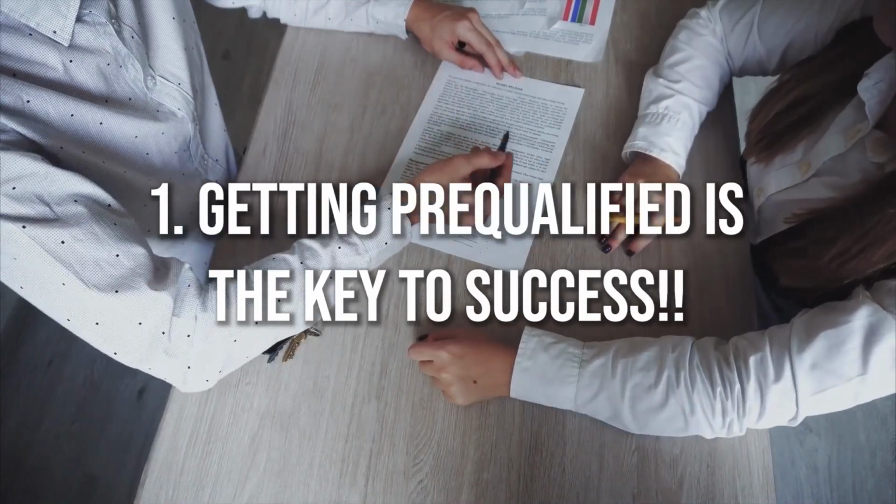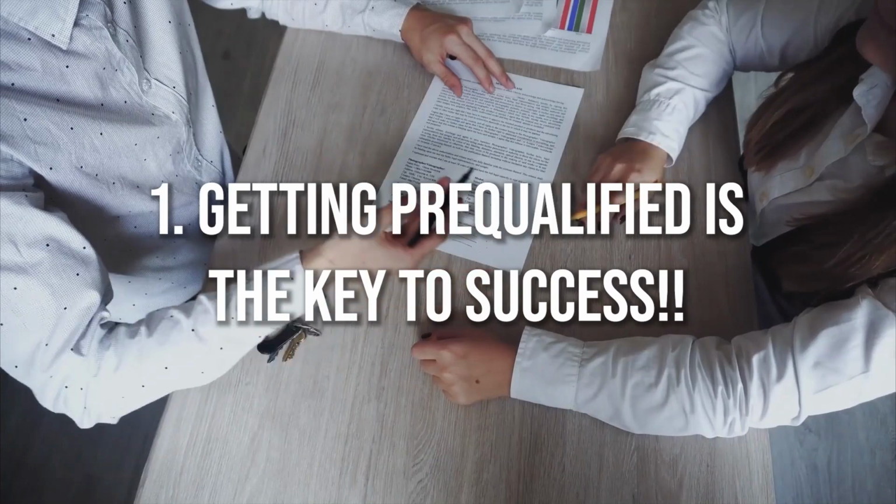If you're buying a home for the first time in today's market, check out my top 10 first-time home buyer tips, or shall we say secrets, every first-time home buyer needs to know. Let's get into it. Tip number 1: if you want to buy a house and you're not a cash buyer,